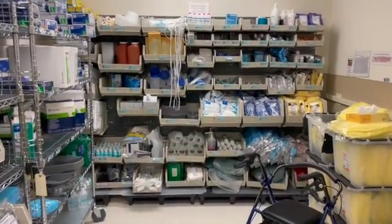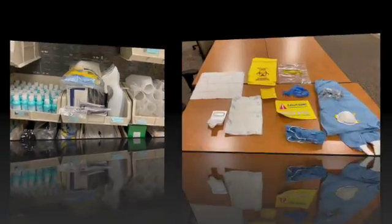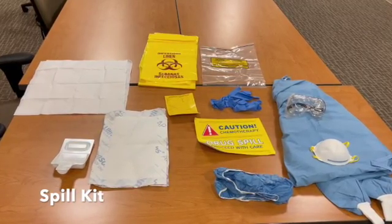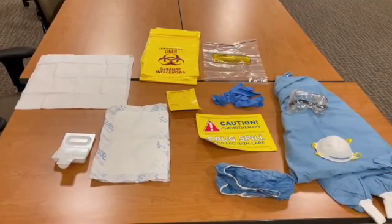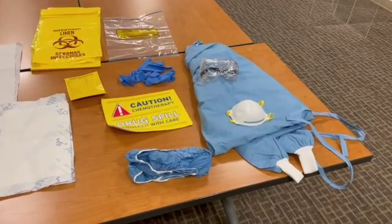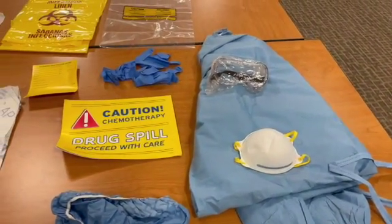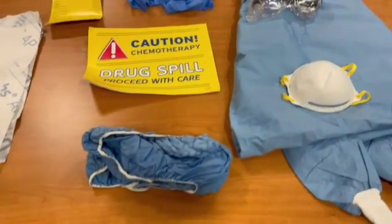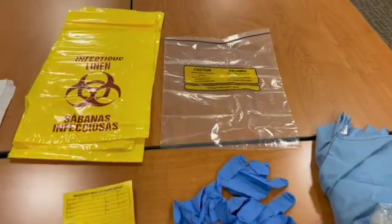So in your supply room, the chemo spill kits are located right here. This is everything that's included in your chemo or hazardous drug spill kit. You have your disposable hazardous drug resistant gown with a back closure, your chemo splash goggles, a respirator mask, 2 pairs hazardous drug tested gloves, chemical resistant shoe covers, at least 2 sealable thick plastic hazardous drug waste disposal bags